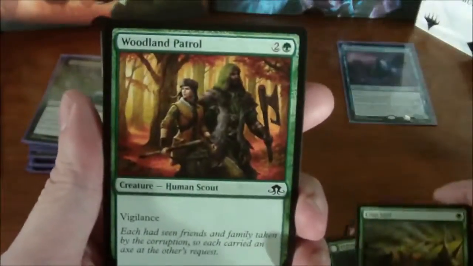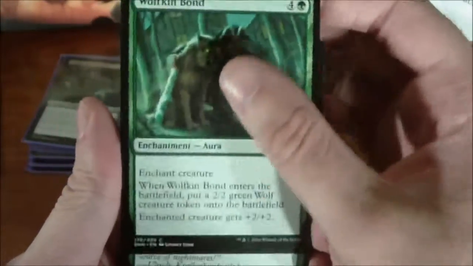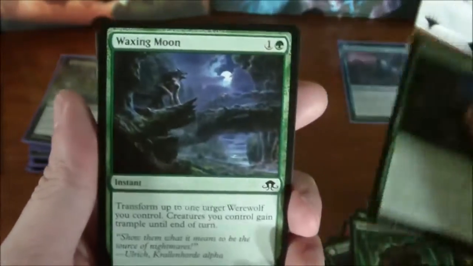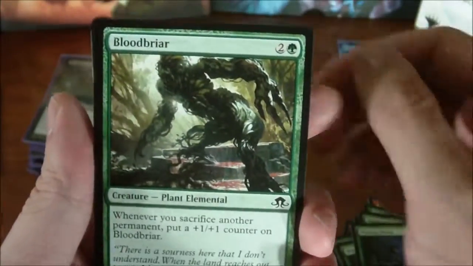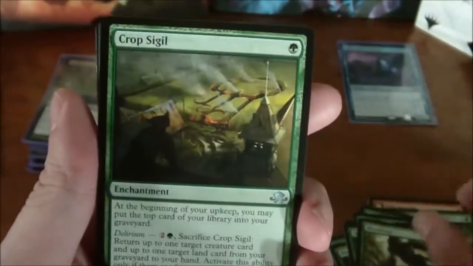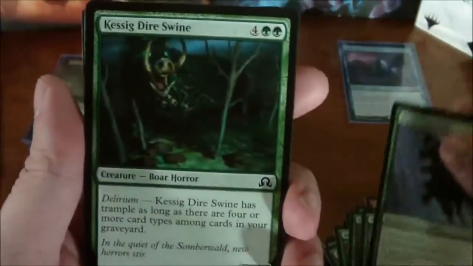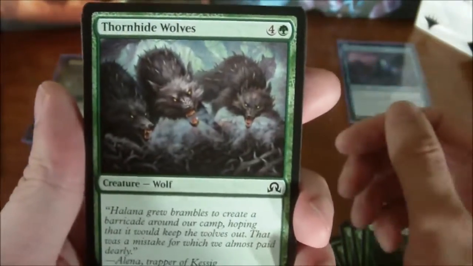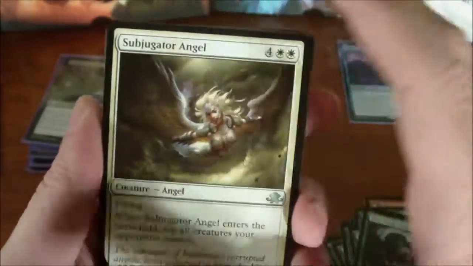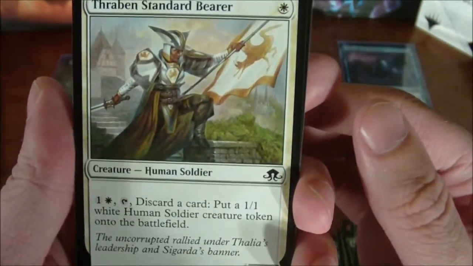Crop Sigil, Woodland Patrol, Wolfkin Bond, Waxing Moon, 2 of those, lets you transform a werewolf without having to meet the regular condition. Bloodbriar, another Crop Sigil, another Woodland Patrol, Equestrian Skill, Kessig Dire Swine, Thornhide Wolves, Subjugator Angel, Thraben Standard Bearer,